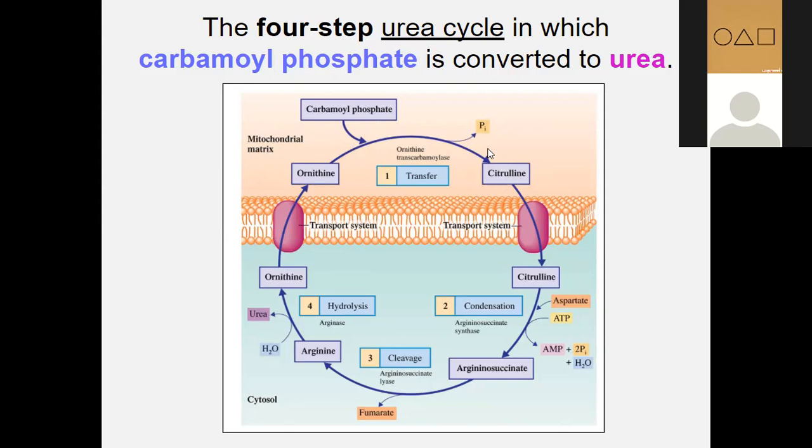Okay? Then citrulline is transported out of the mitochondria. And then with aspartate, you form argininosuccinate. So this process is condensation. So the enzyme involved here is